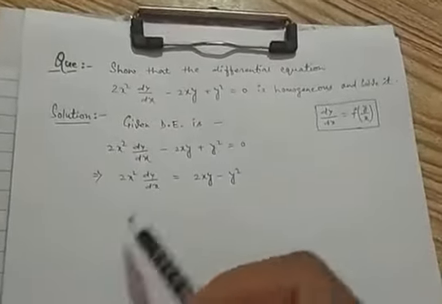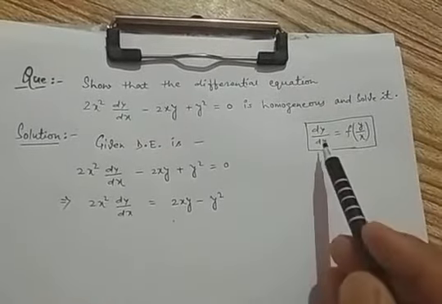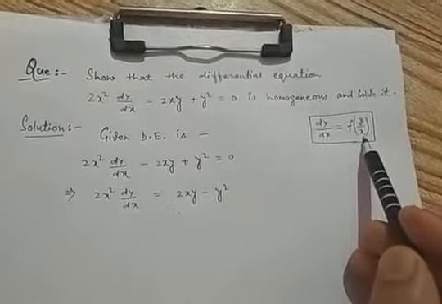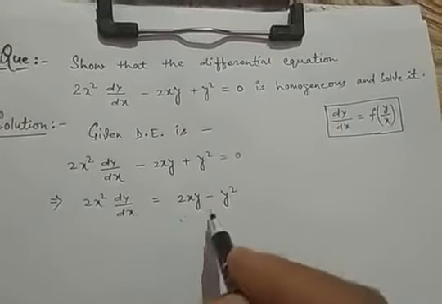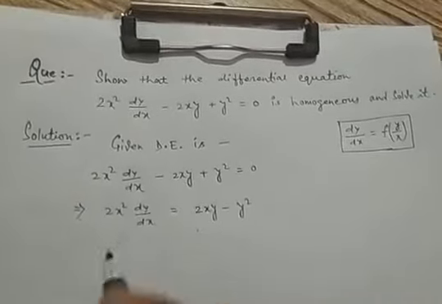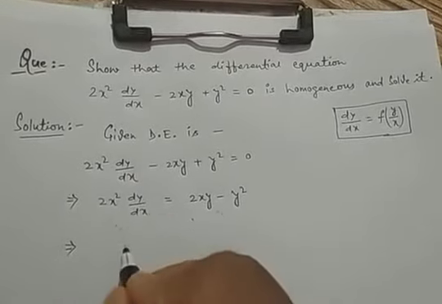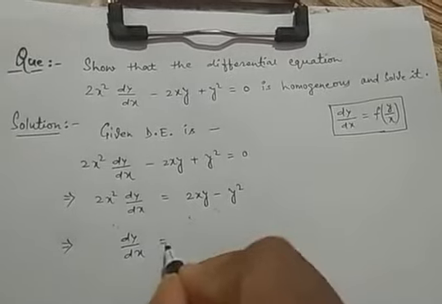Now here, for reducing it into the form dy upon dx equal to f of y upon x, we have to divide both sides, LHS and RHS, by 2x square. Then here will be, students, dy upon dx equal to